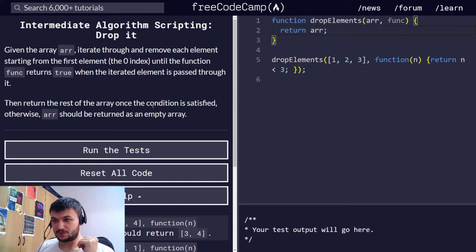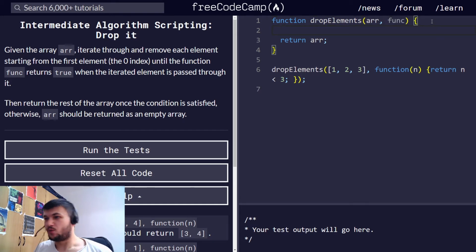Okay, let's see. We need to just go through this array, and as soon as this function returns true, then we just return the rest of the array. Okay, I think there's a short and very clear way to do this. What we can do is make a while loop, okay, and the